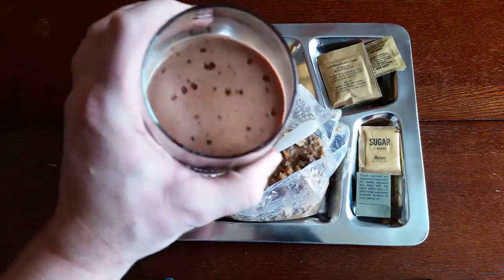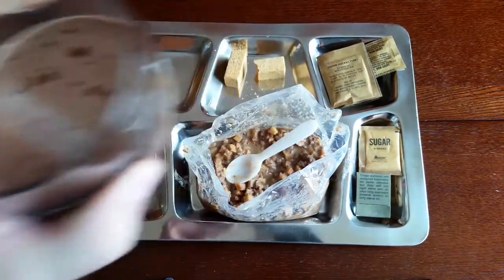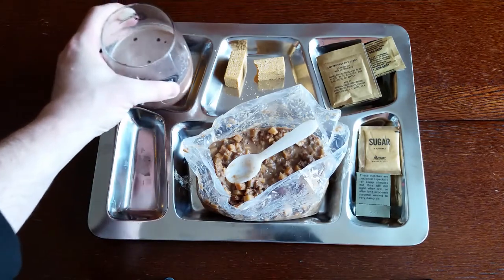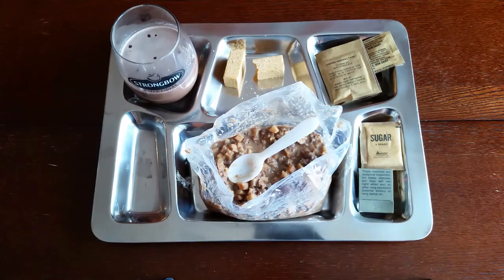Let's give this cocoa beverage powder a try, just to see if maybe there's at least some sort of redeeming quality to this. Yeah, that's not good either. It's a little bleachy. That's the best way to put it. I mean, it is cocoa beverage powder. There's probably dry milk powder or something in that, and it's 30-odd years old. So yeah,